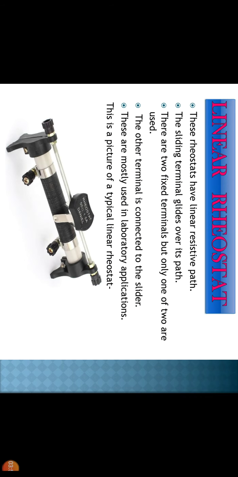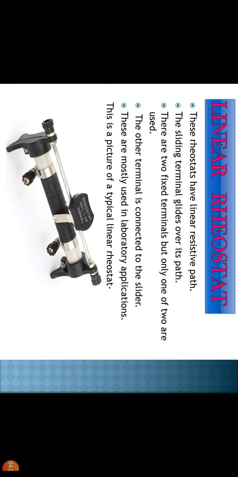So first we will see linear rheostat. As its name suggests, linear rheostats have a linear resistive path. The sliding terminal glides over its path. As we have seen in construction, it will glide over its path. This steel glider. There are two fixed terminals, but only one of the two